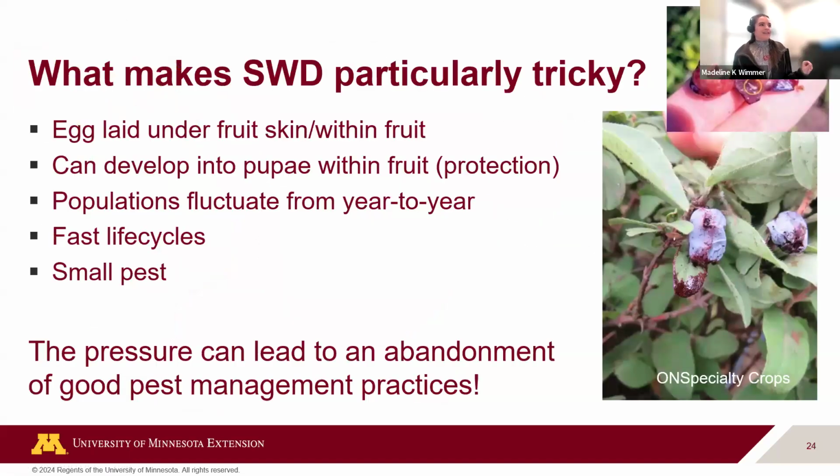So after talking about all of that, you can imagine that spotted wing Drosophila is very tricky to manage. A lot of this comes from the fact that the eggs are laid under the fruit, so they're protected. They can pupate within the fruit. The pupae can also drop out of the fruit, so that gives that variability of, even if you're harvesting fruit all the time, if it's dropping out, it's still going to be present. Still good practice to be harvesting any fruits that might be infected. And just that the populations are fluctuating from year to year, and you've got that fast life cycle, and it's a small pest. And the concern is that because something like that can be such a high pressure and get out of hand so quickly, this can lead to a bit of panic and perhaps an abandonment